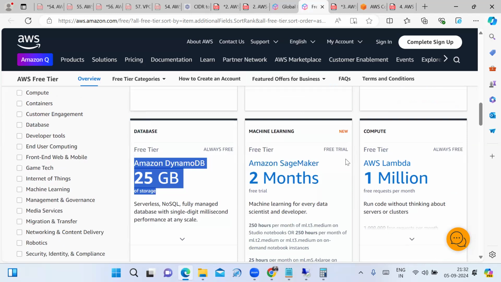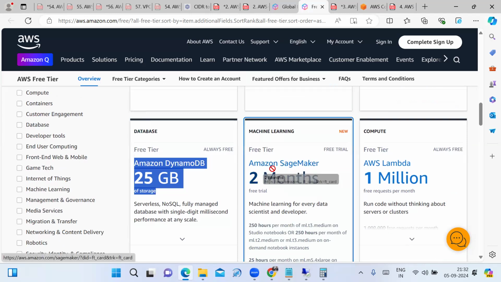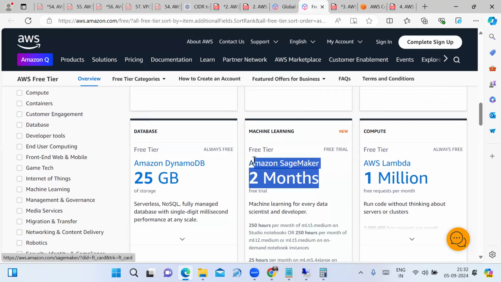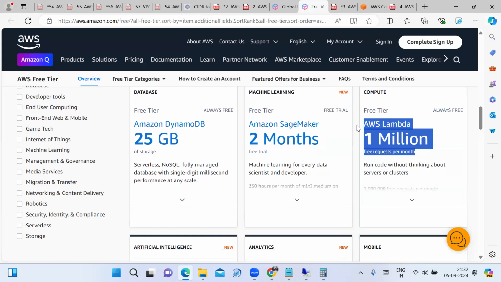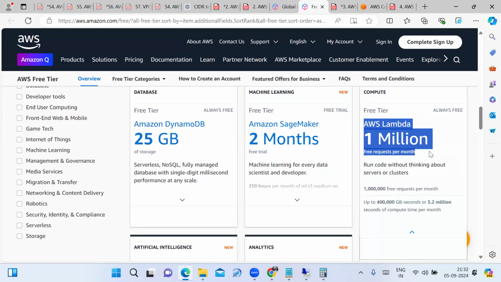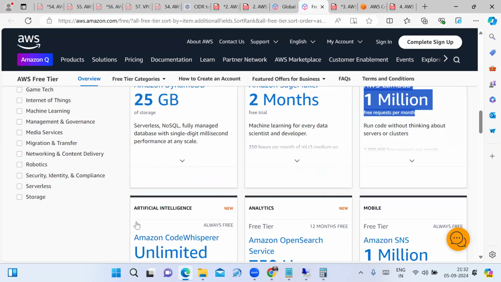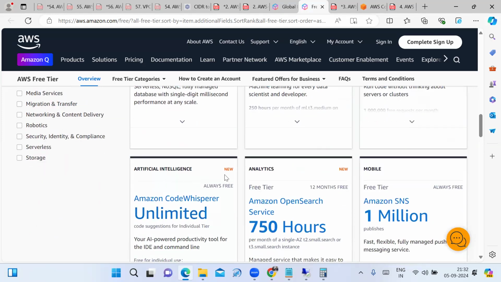Machine learning, SageMaker, free trial for 2 months. Lambda, always free. See that, the Lambda service provides 1 million free requests per month. If it exceeds, then you are charged. Artificial intelligence, always free.